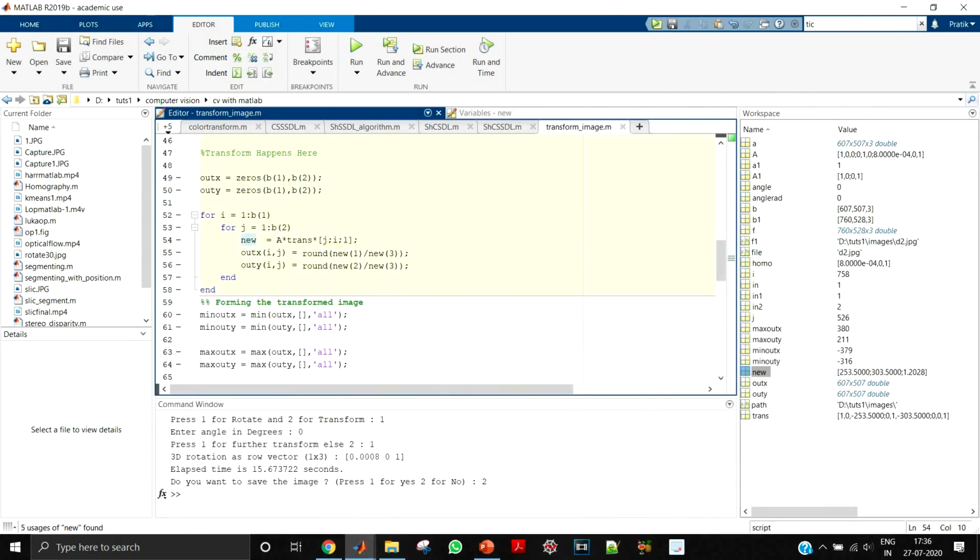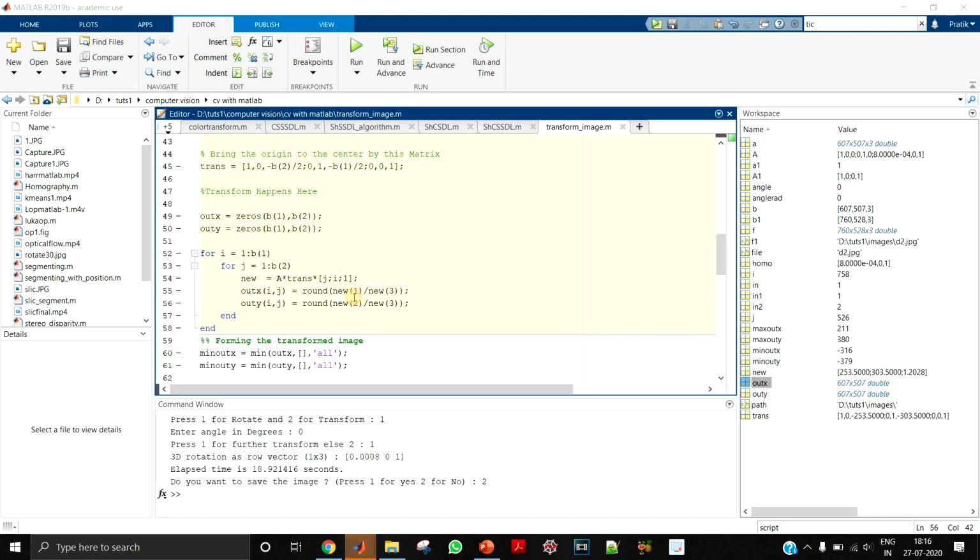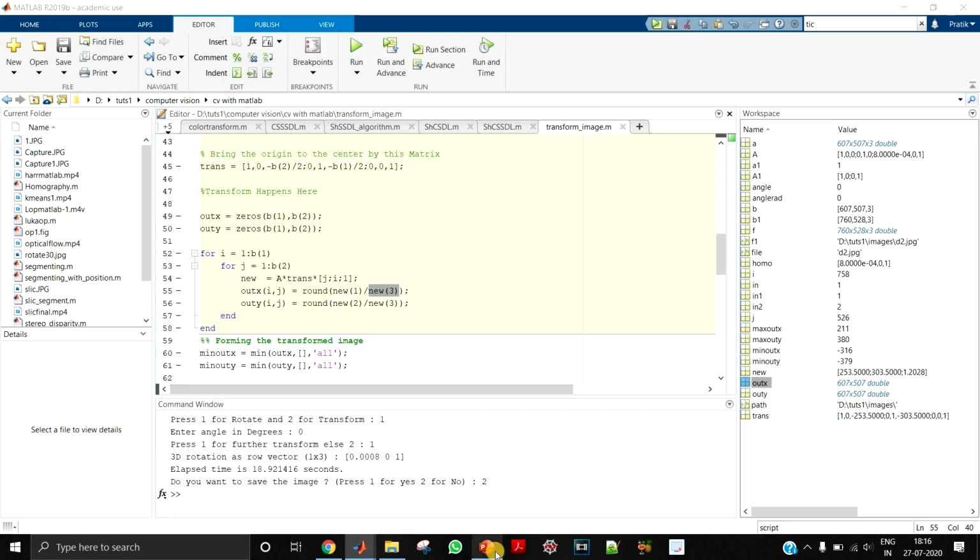Then I have an out x which tells me the locations of all the x values, and out y will tell me the locations of all the y values. Here you can see that for out x, it is the first element of new upon the third element of new. The first element upon the third element will give me x dash. It will be clear over here.